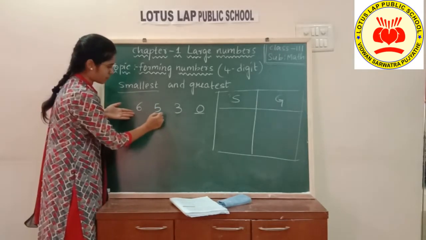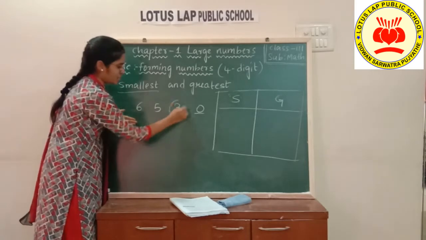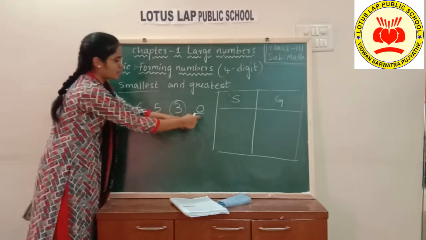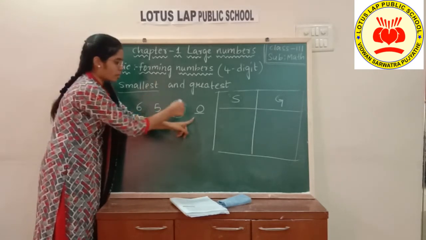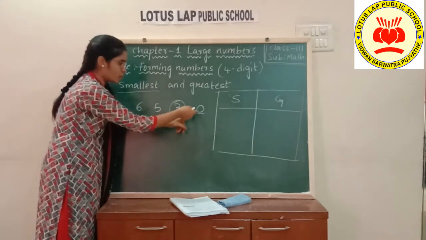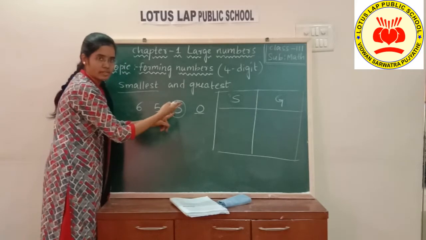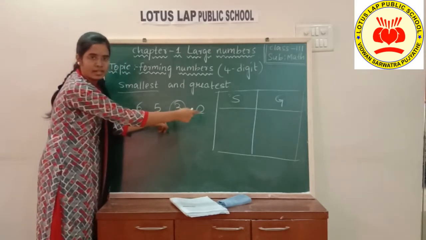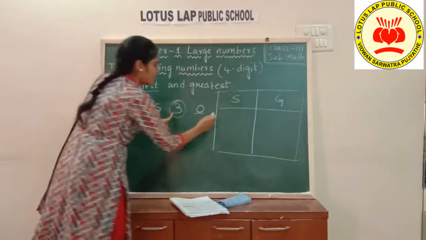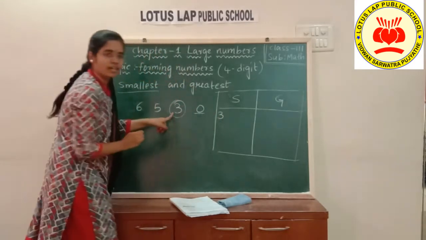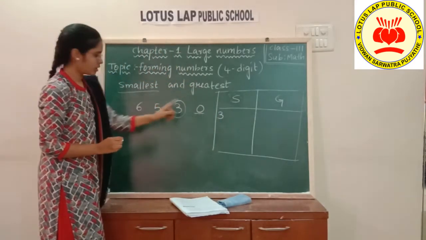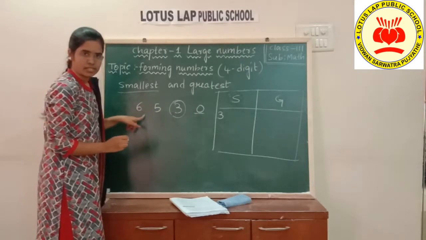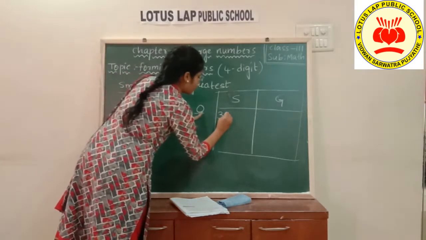Yes, 6 or 5 or 3. Yes, 3 is going to be the smallest. So instead of 0, you take this one. When you come across a 0 among the 4 digits, you need to consider the next smallest one as the first digit, children. Yes, I am going to take 3 here. Now you can take 0. Definitely you should take 0 only, not the remaining digits. Now I am taking 0 here.